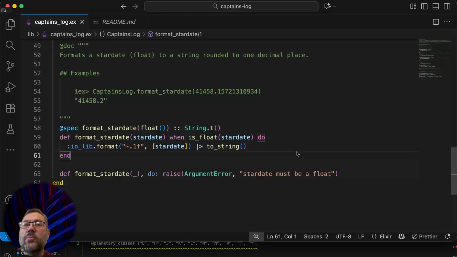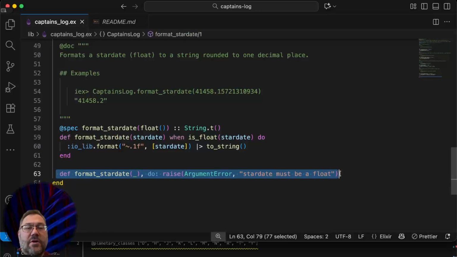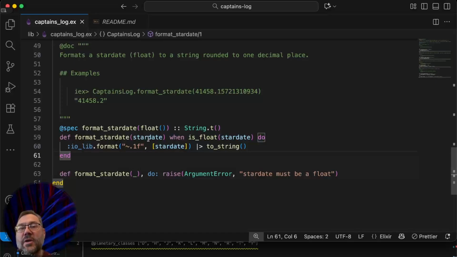I first saw Copilot's solution to format stardate. I thought, wow, what is going on here? What did Copilot invent that we just flat out don't need? Because I had read the instructions, and the instructions said to format the start date, given a float. So I thought, well, we don't need that, a guard clause, because the only thing we're ever going to be given is floats. And then, of course, we don't need this because the only thing we're ever going to be given is floats. But actually, the tests will check to make sure that you're handling a stardate as a float,